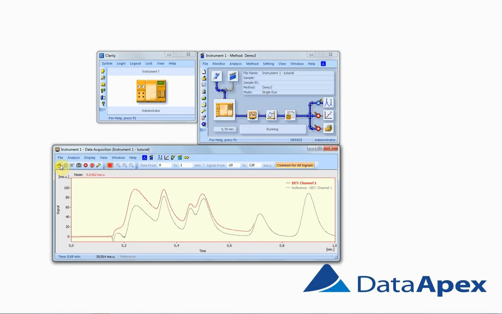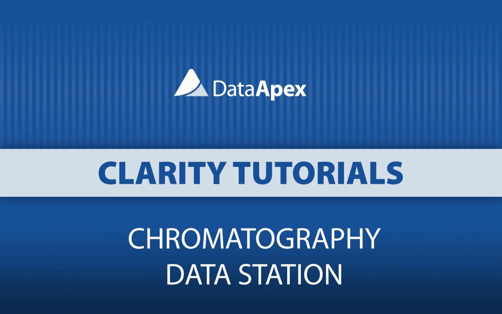The chromatogram will not be subtracted after the chromatogram is processed. It serves only as a reference. And this is basically everything about working with